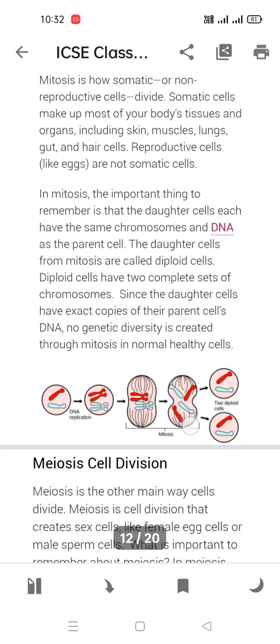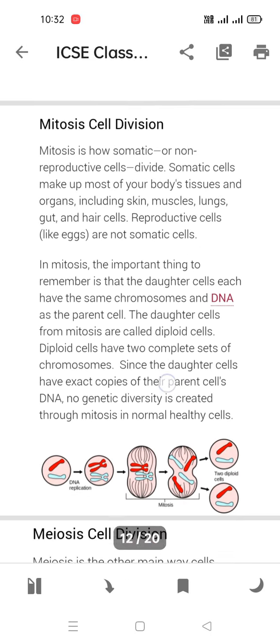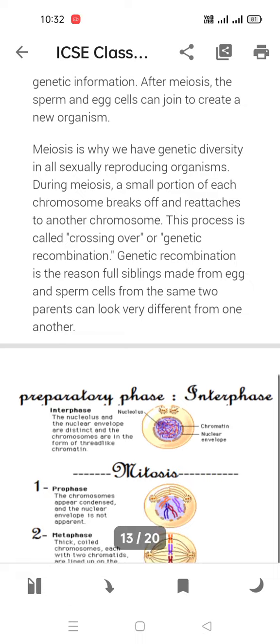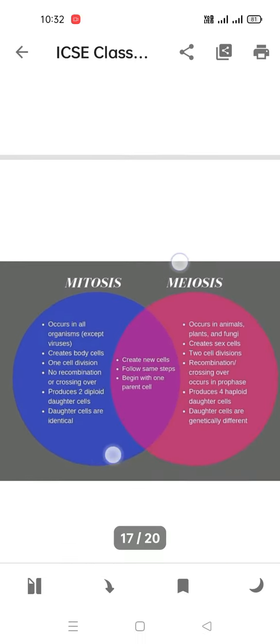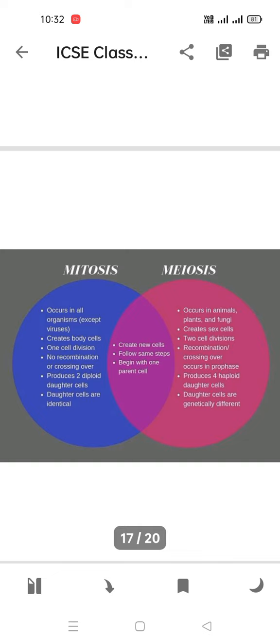अब let's see the difference between mitosis and meiosis. अभी तक हमने बहुत ज़्यादा लेंदी वे में देखा था माइटोसिस और मियोसिस। अगर फिर भी आपको समझ नहीं आया है तो हम इधर देख लेते हैं। And if you want to write in your examination you can write these differences also. In mitosis occur in all organisms except viruses. सिर्फ viruses bacteria इनको छोड़ के सारे organisms में occur होता है।